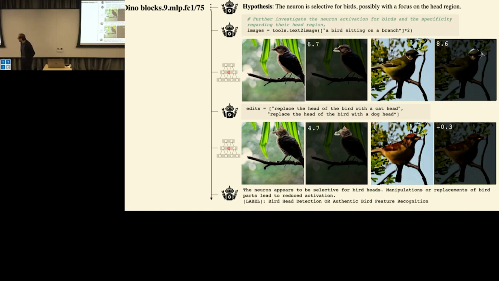What are the numbers that you're showing here? The numbers here are just the overall activation, the maximum activation of the unit over space. And the range of numbers depends on the particular unit. They have different ranges, so this is why the numbers don't compare from one unit to another. Sometimes it's between 0 and 1, sometimes it's different.